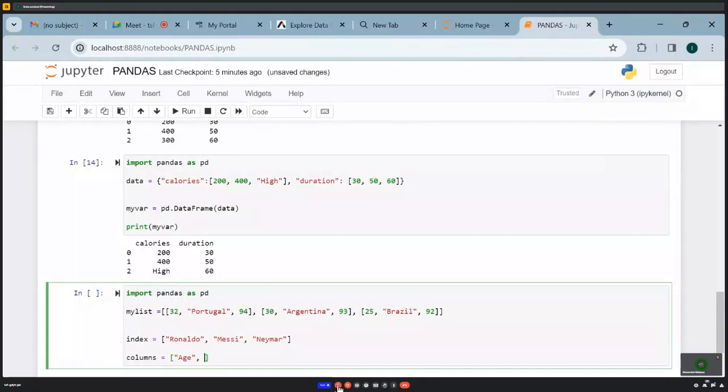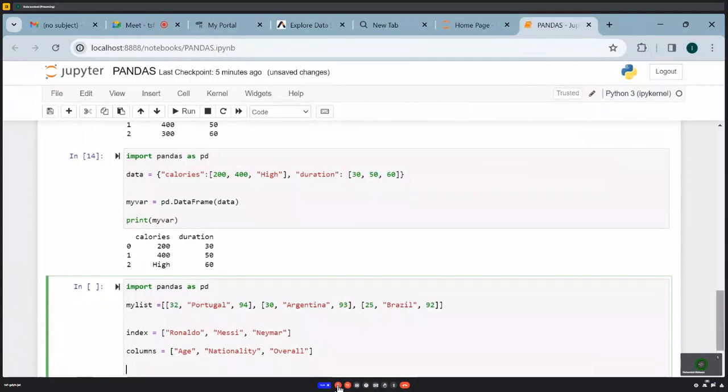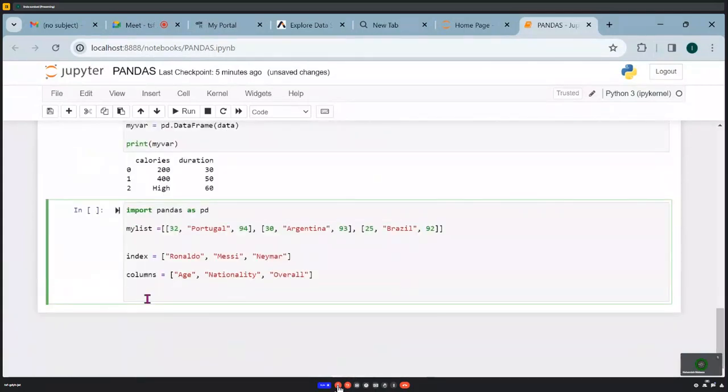Then we had nationality. Then the last one was overall, maybe their position overall. So while passing in the data frame, maybe we can say football is equals to pd.DataFrame. Remember, D is capital, F is capital. Then we pass in now the